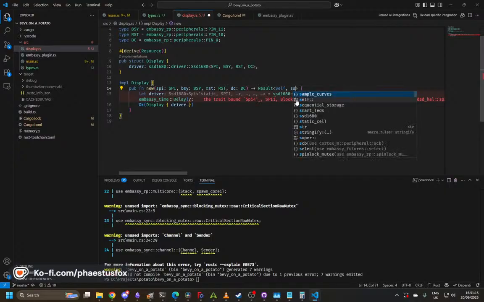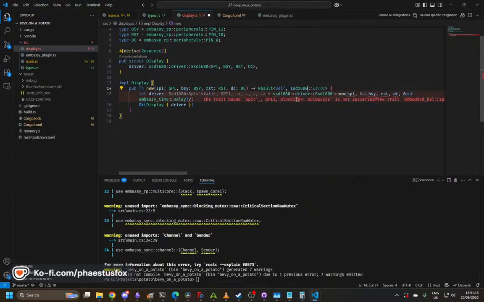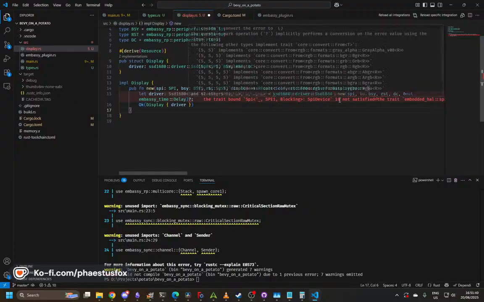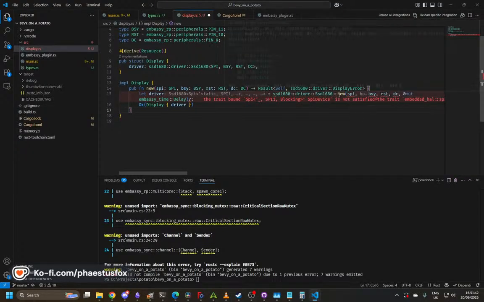Which is SSD. This, you apparently prelude display. Wait, where are you getting display error from? What? Okay, do I have to go into driver? Display error, there it is. Okay, so you can return that. And then you're going to yell at me because apparently it is not satisfied because it doesn't implement